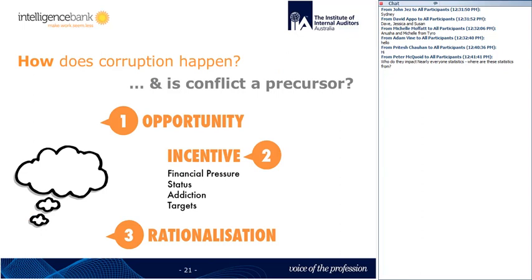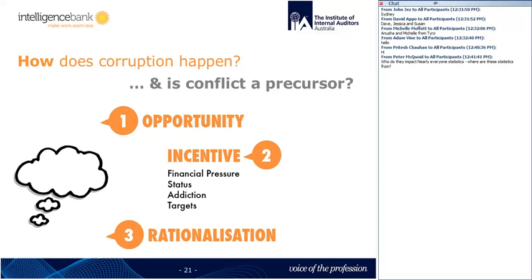Achieving your KPIs and your goals also provides the incentive to do that. And then the person also needs to have rationalization, so why they did that. So, I don't get paid enough, or my boss does it, or everyone's doing it. So that's where that whole concept of having an